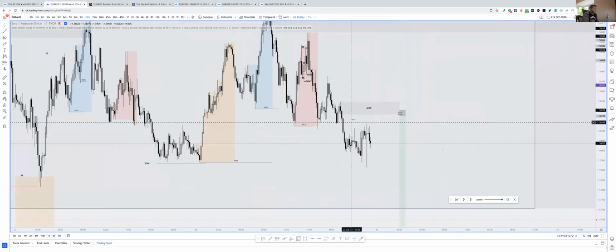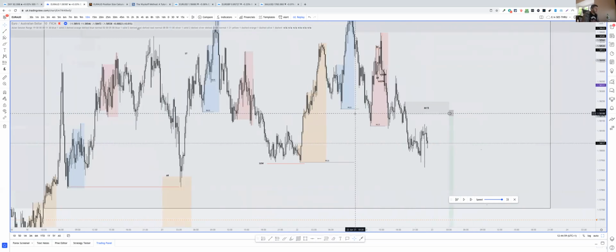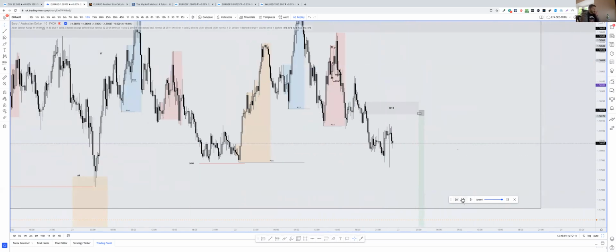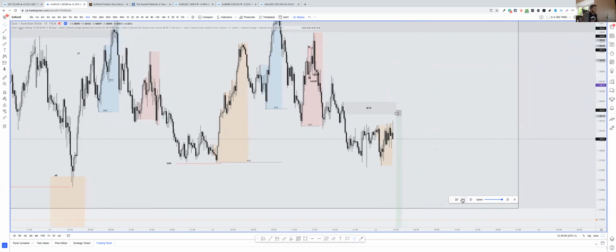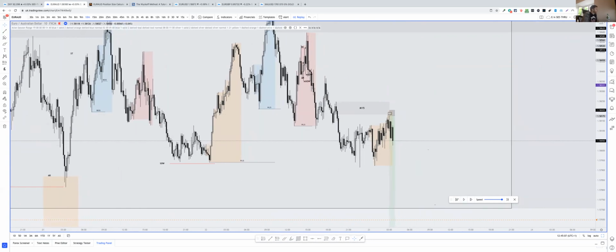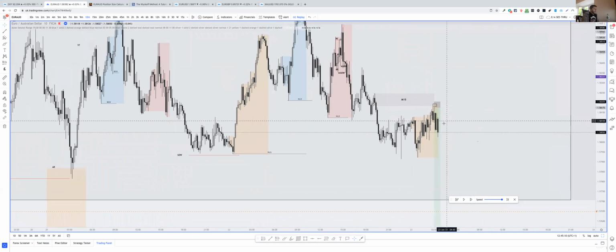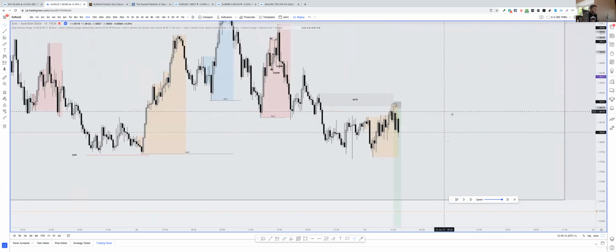So I actually set a limit here, and I don't normally do that. I normally always manually enter, but I set a limit here. I was happy with the risk. I was happy with the analysis. It fit my trading plan, so I took the entry. But one thing again, I want you guys to notice. I'm not sure what time frame this is, right? Now this entry here, I don't think I took it on M10 like the actual